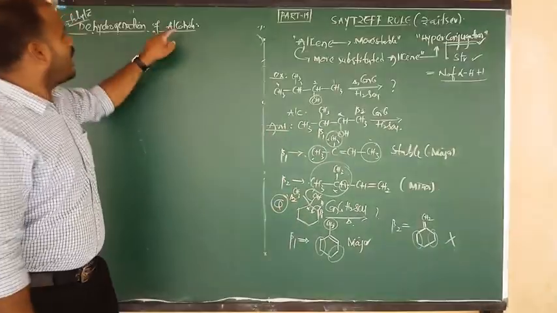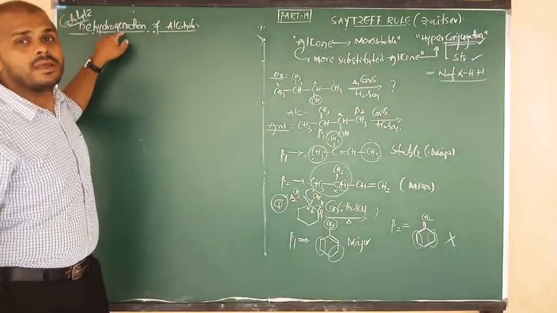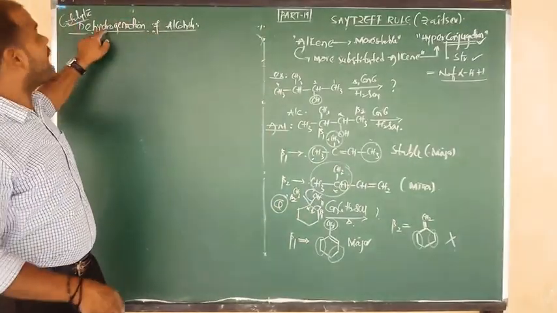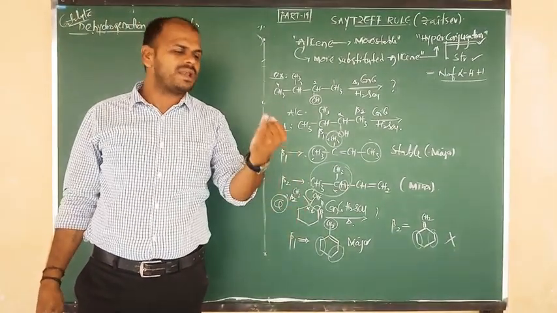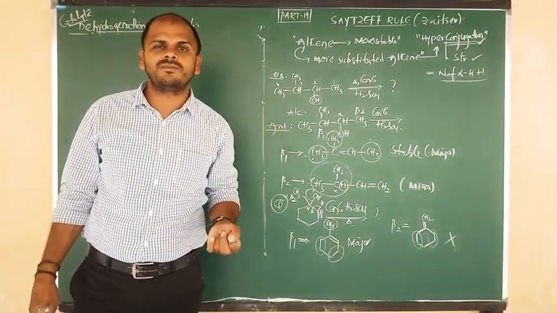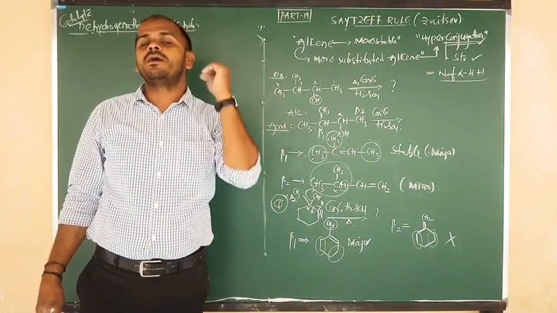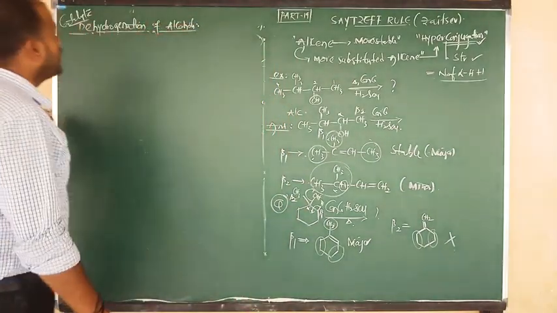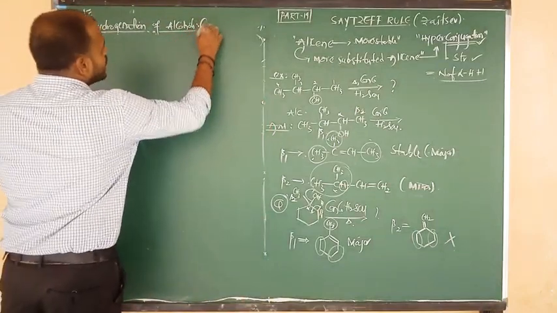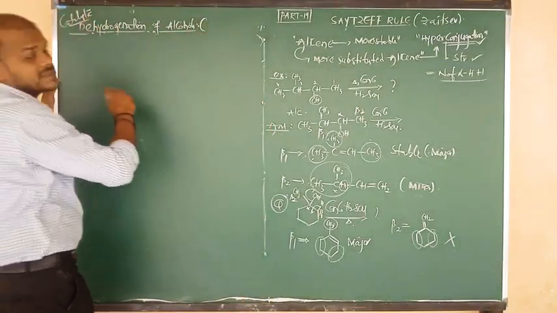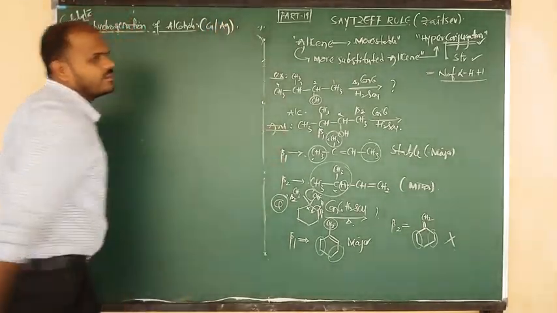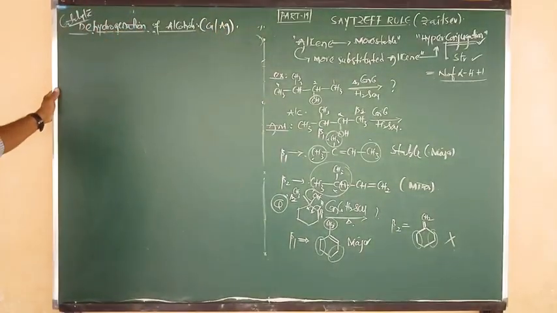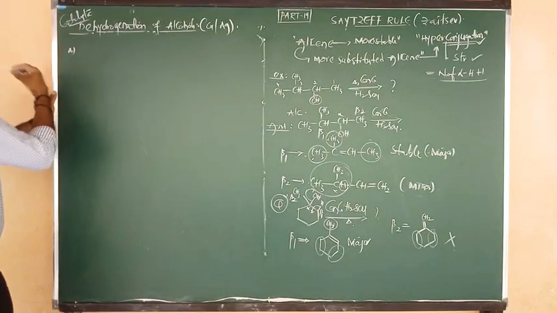Alcohols undergo dehydrogenation. From those alcohols we are going to remove the hydrogen by the use of suitable catalysts. One is nothing but copper, one more is nothing but silver, at a suitable temperature of 573 Kelvin. Right, I am going to show the statement. So how are we doing dehydrogenation? By using some catalyst. Which catalyst are you using, beta? One is copper and one more is silver. By the use of these two catalysts we can do dehydrogenation. Okay, here I am going to show the conditions.